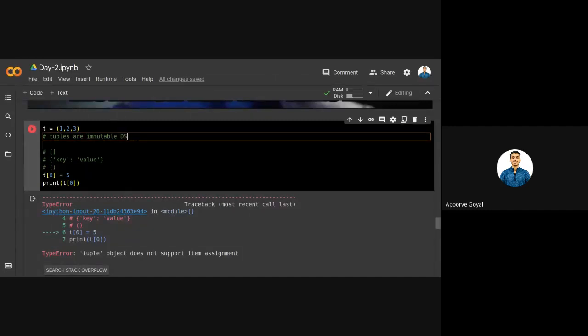You can't use a list, because a list allows mutating any of the values. You can change any value in the list, you can append any value. You can't use a dictionary because you don't need a key value pair, and also a dictionary can be updated, it is a mutable data structure. You need tuples in this case. So this is the difference when it comes to their use cases.